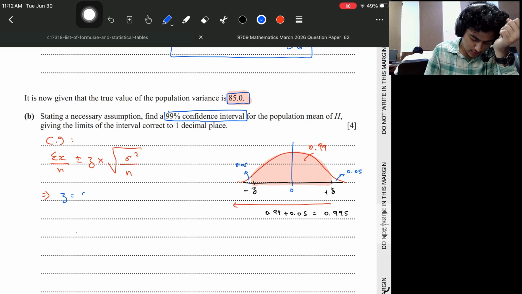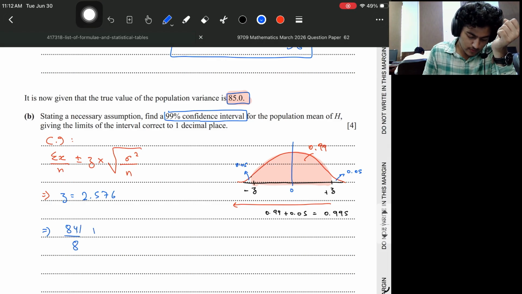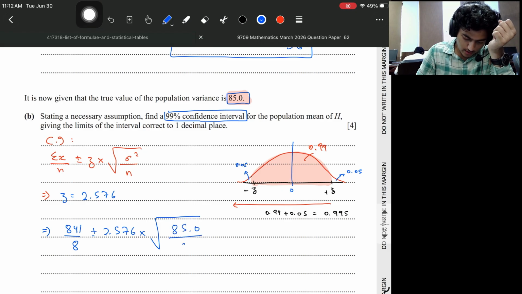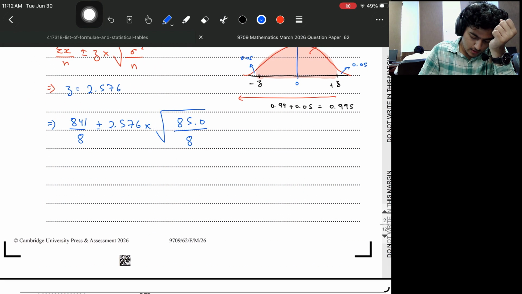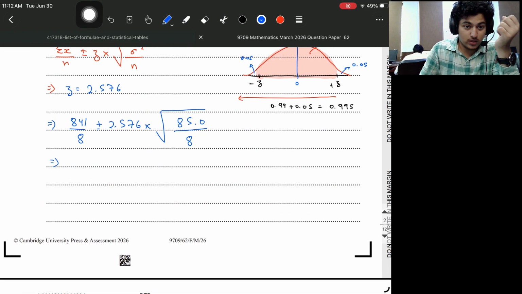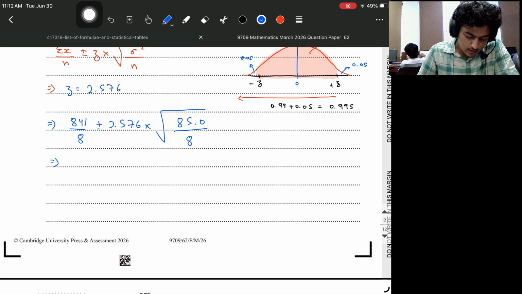2.576. Solving this further, we get sigma x, if I remember correctly, was 841 divided by 8. Then we have plus minus 2.576 times the square root of the new population variance that they've given, 85.0, divided by n, which is 8 over here. Now, if you plug this into the equation,